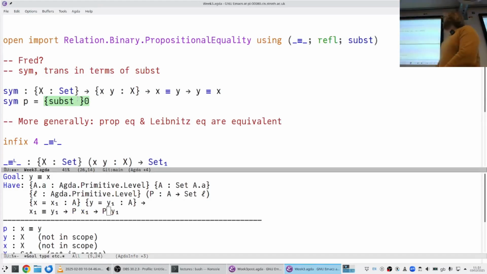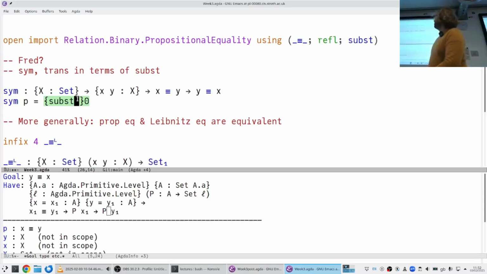And the implicit claim is that almost anything you can do about equality, you can do just with subst. So subst is implemented by pattern matching on refl, and then anything else you could just use subst for if you wanted. Yeah, the hard part is picking the right predicates. But then you have to pick a P, right?